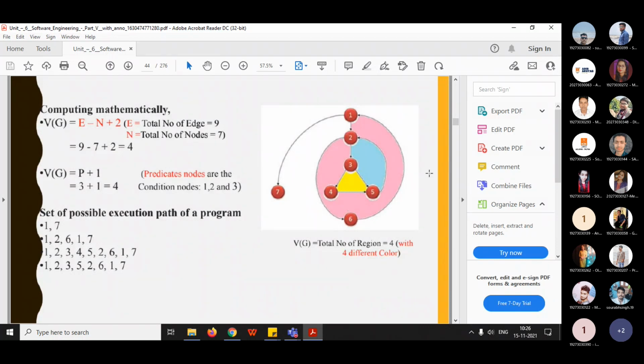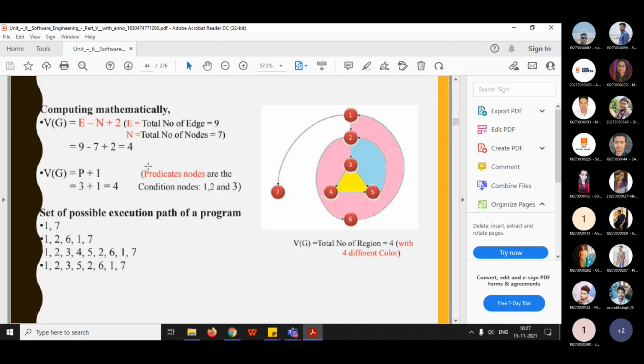But if you are not given any graph and you need to calculate, instead of giving a graph they have given values, suppose they have given the number of predicate nodes is 3, or they have given e is 2 and n is 1. You need to calculate the total number of regions. So in this way you can calculate the total number of regions using these two formulas. And also, if you are given pseudo code instead of any values or graph, then how will you do it?